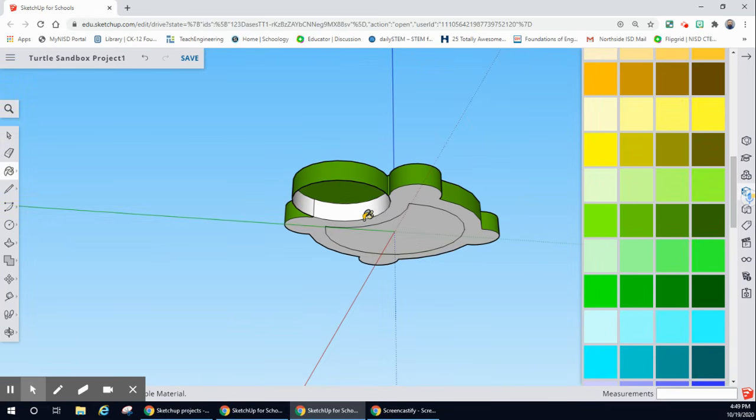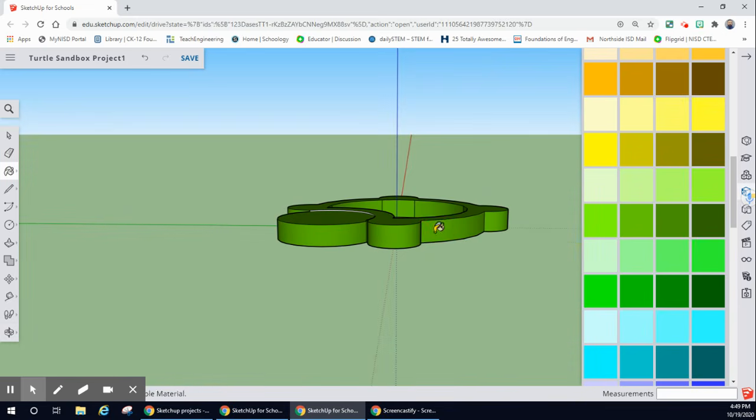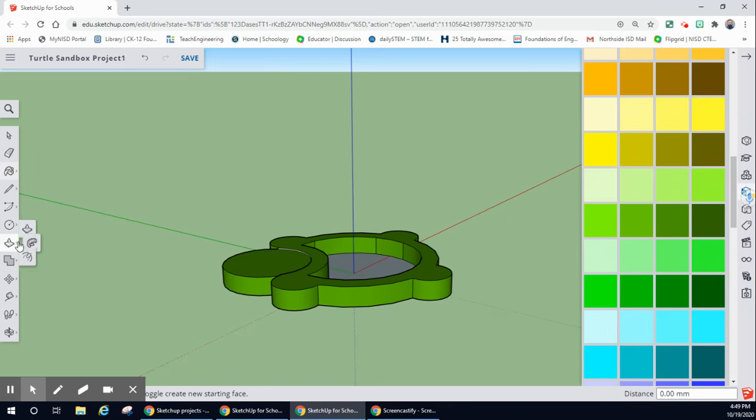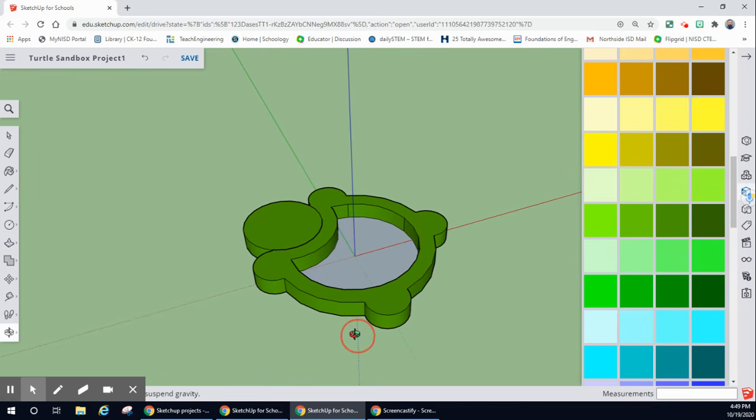I'm also going to do the bottom, just for fun. All right, so now I'm going to go back to my push-pull tool real quick. I'm going to pull this up a little bit more, just so it's even. All right, so now that we have our sandbox